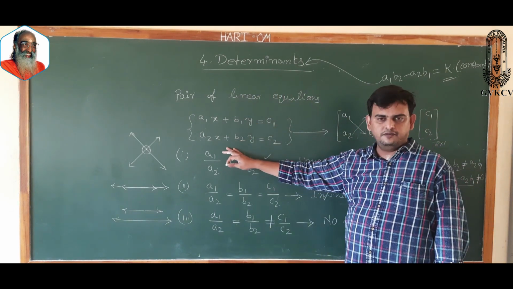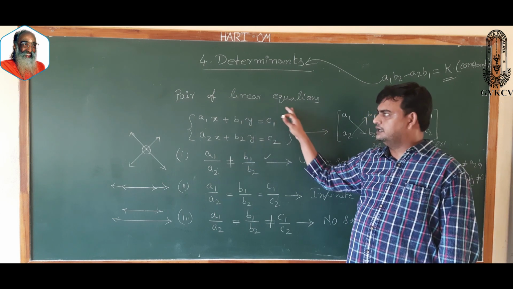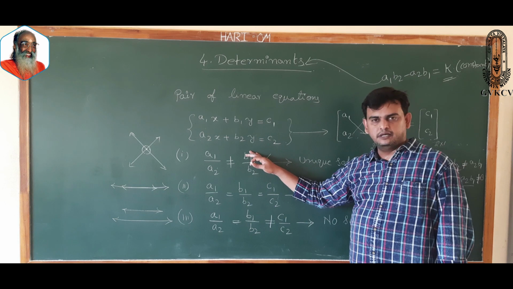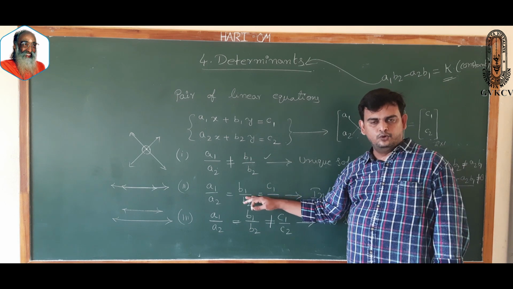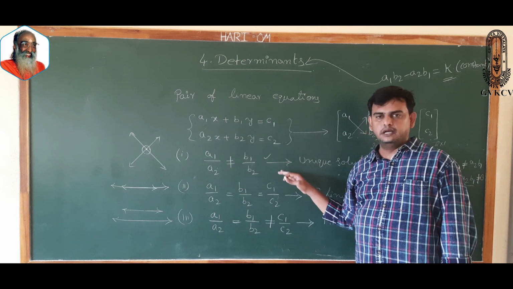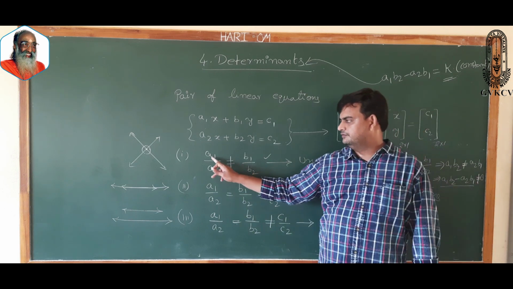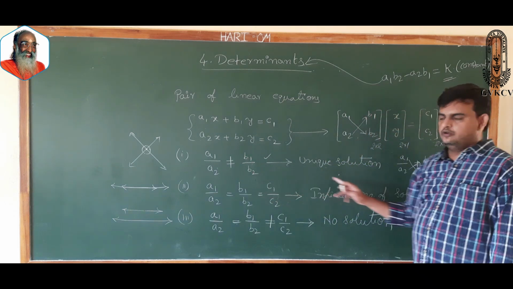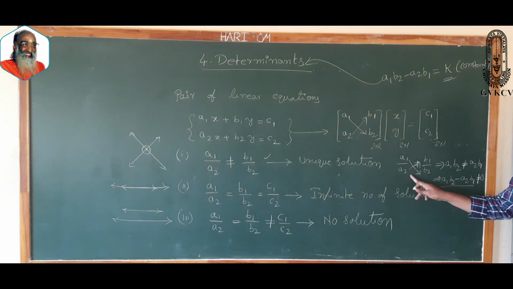When we have a pair of linear equations, we have three conditions. The lines may intersect, or the lines may be coincident, or the lines may be parallel. When the lines intersect, we have the condition that A1 by A2 is not equal to B1 by B2. When we go for cross multiplication, we have the condition that A1 B2 minus A2 B1 is not